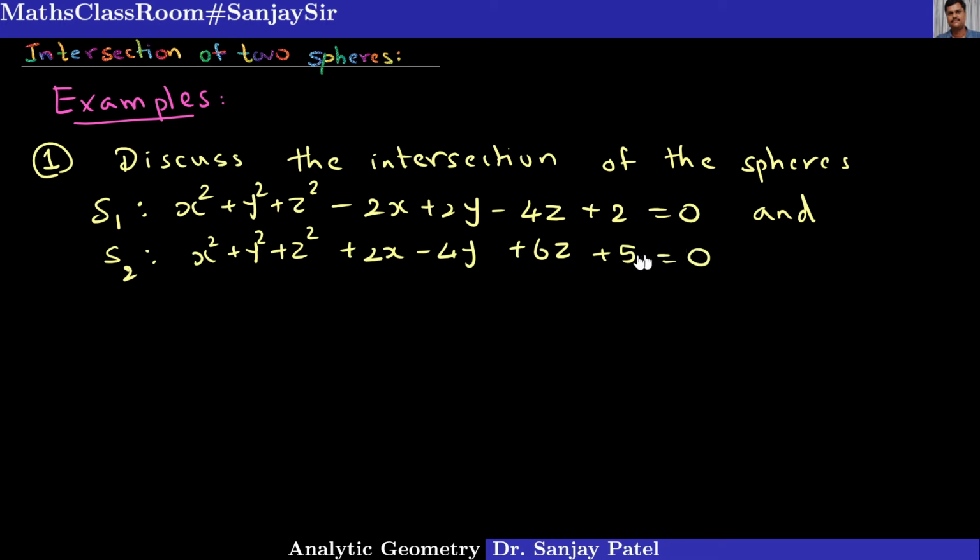Okay, so this kind of questions we are going to solve about the intersection of different spheres, and different situations will be discussed over here. So the solution to this: as I told you, first you must find the centers and the radius of both the spheres. So for the sphere S1, we have the center